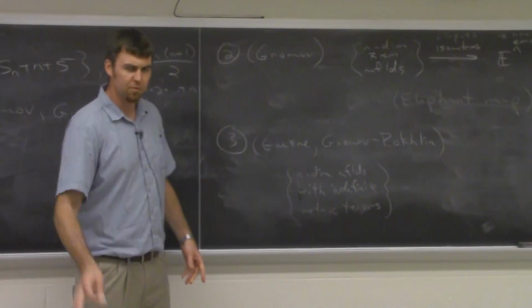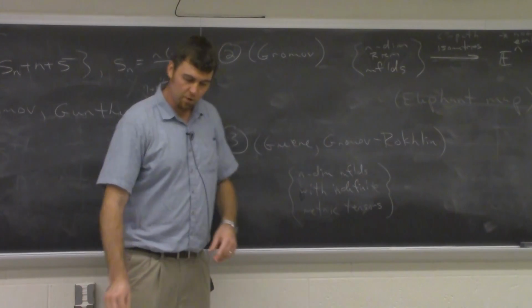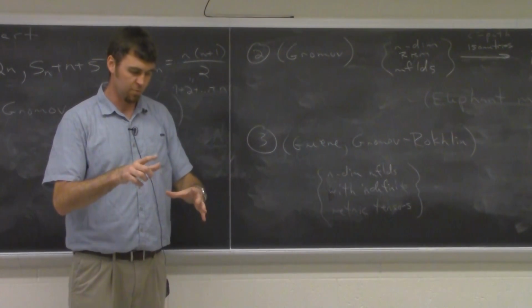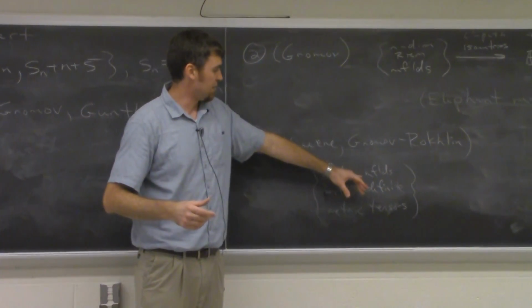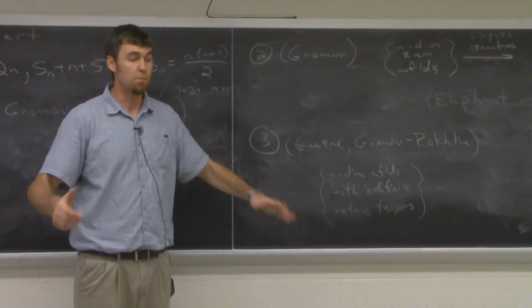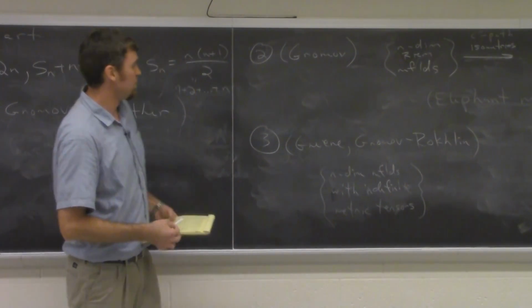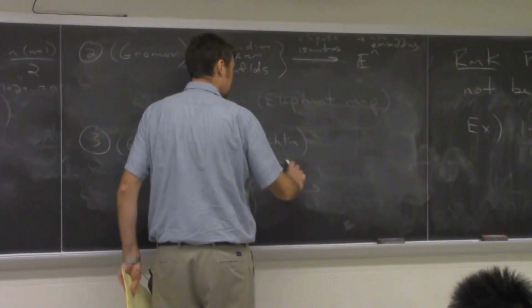I'll keep it like that because maybe I didn't word this correctly at dinner last night. You have your manifold. What do I mean here? You have your manifold. You've got a symmetric bilinear form, smoothly associated to every point. But the eigenvalues don't have to be positive. They can be negative. They can be 0. This can be degenerate. And they prove that these things admit smooth isometric embeddings